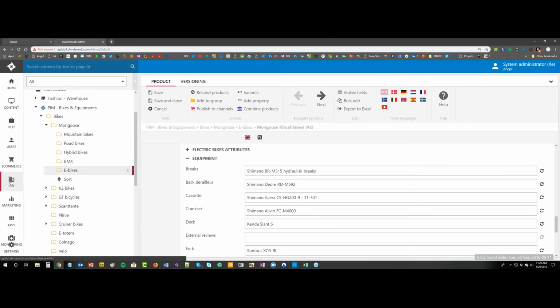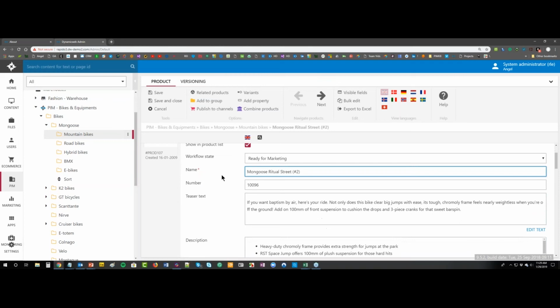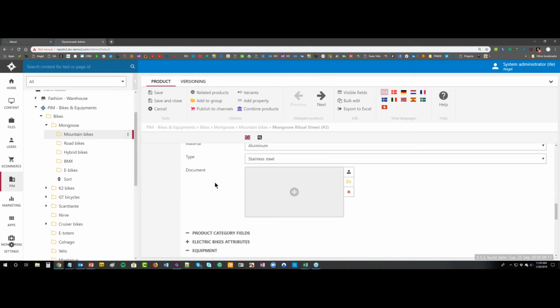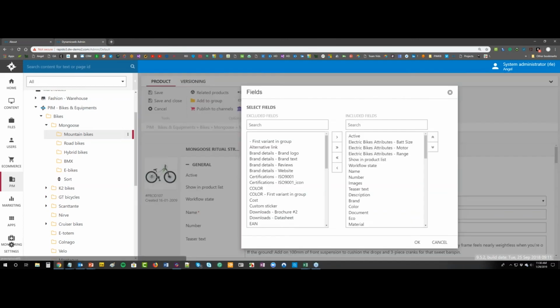So if we go back into PIM, all bikes, whether they're electric bikes or they're mountain bikes, regardless of brand, I want these, let's say mountain bikes that we look here, they need to have the made in field. And I know for sure it's not on this list right now because we have this thing here called visible fields. And again, this is all per user experience. So I'm one admin, I have a look and feel because I'm only focused on whether it's made in the US, Canada, or Mexico. Whereas my colleagues care about other content. They can have their look and feel as they wish. So when I go here to visible fields,